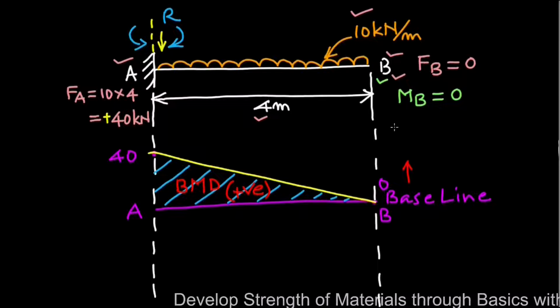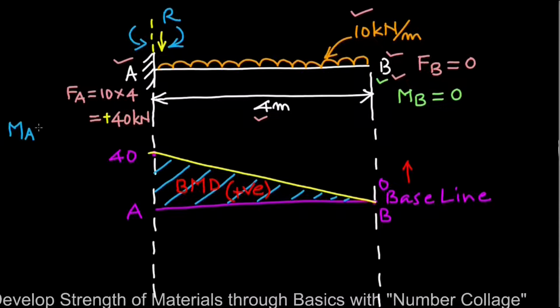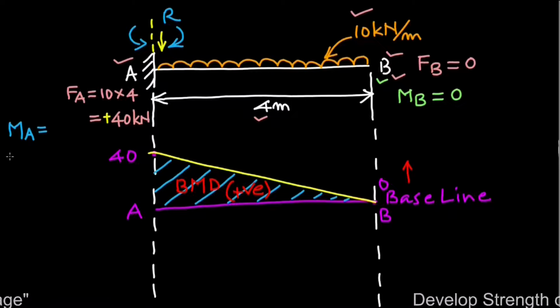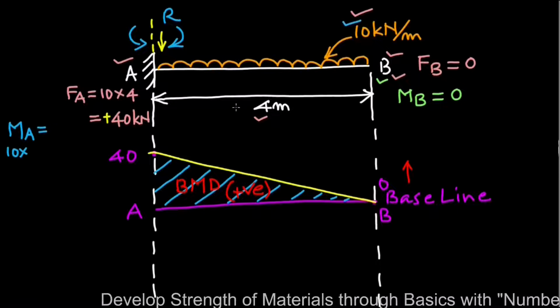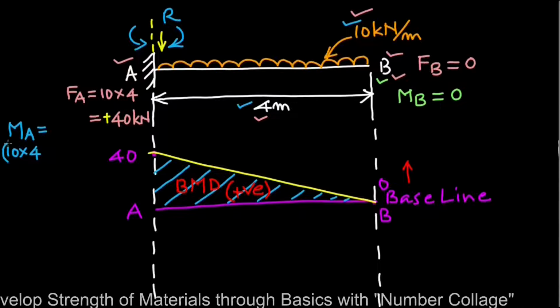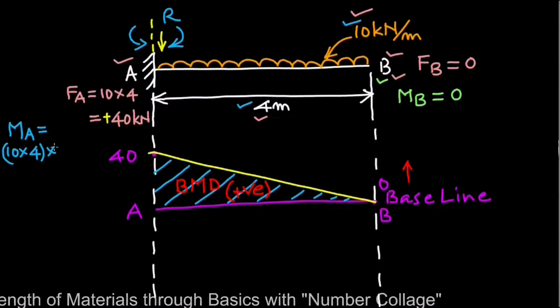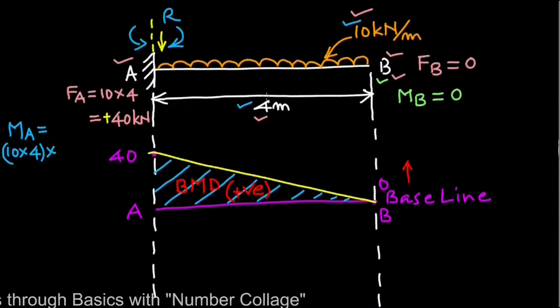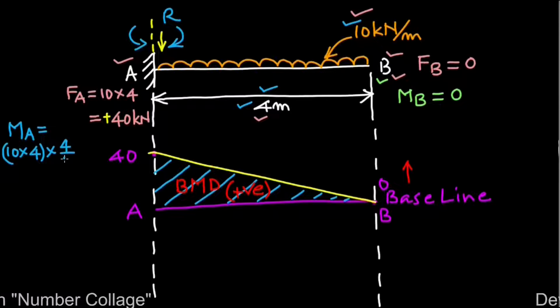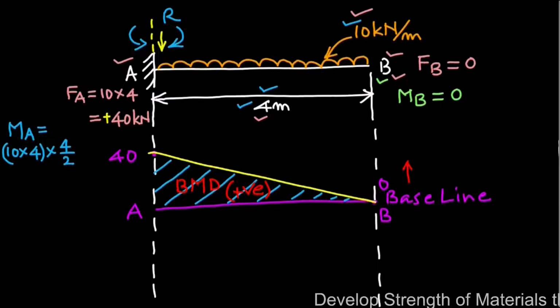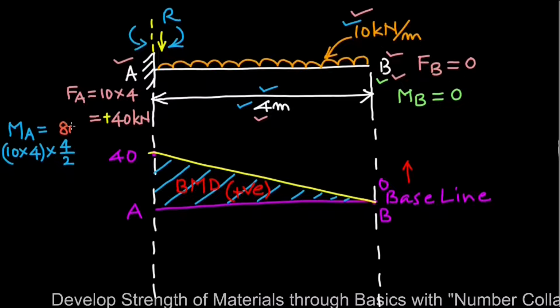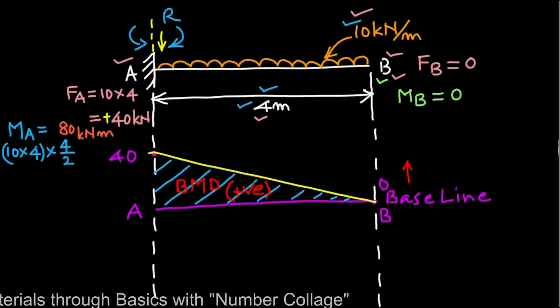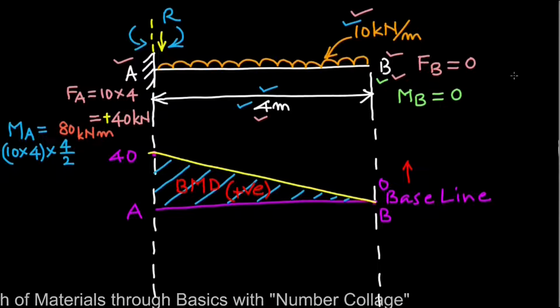Therefore, the bending moment at point A, which is MA, will be total load, which is this 10 multiplied by the span, and this total load is going to act at the midspan of this 4 meter span, so it will be 4 upon 2. So that gives us MA equals 80 kilonewton meter,